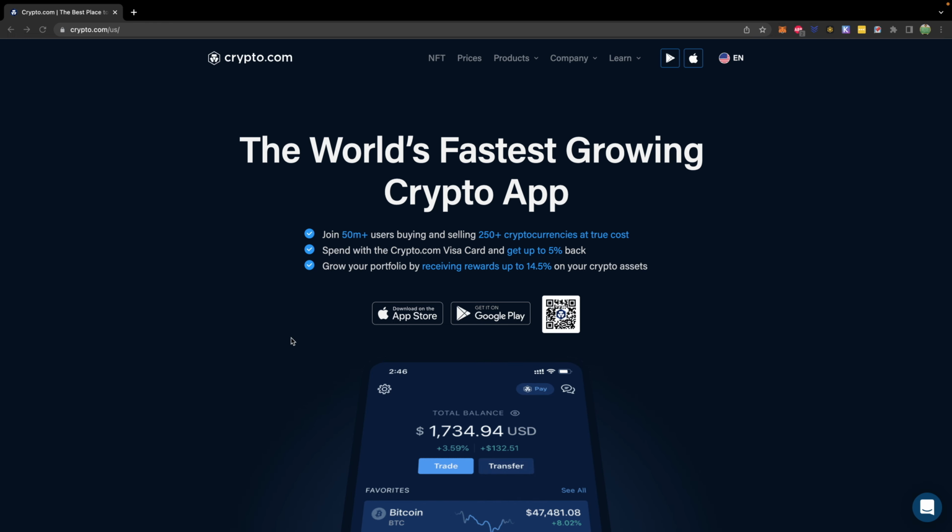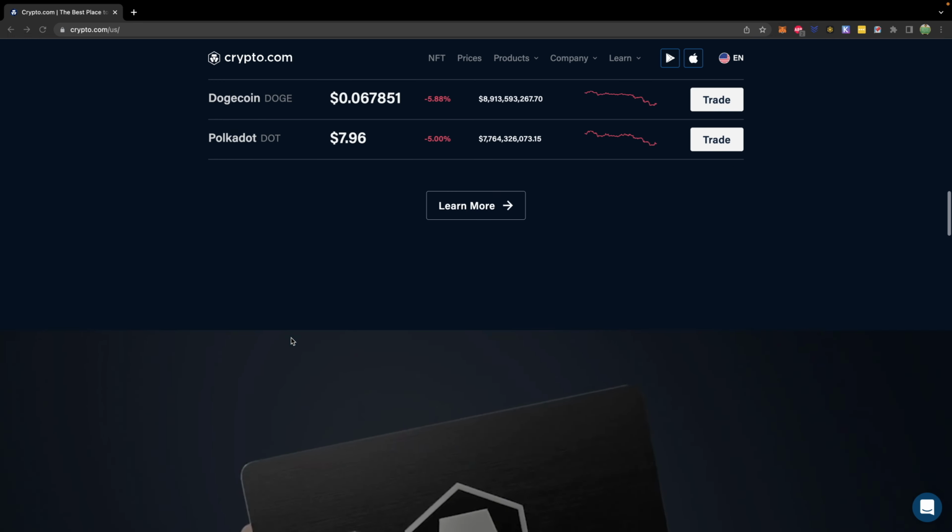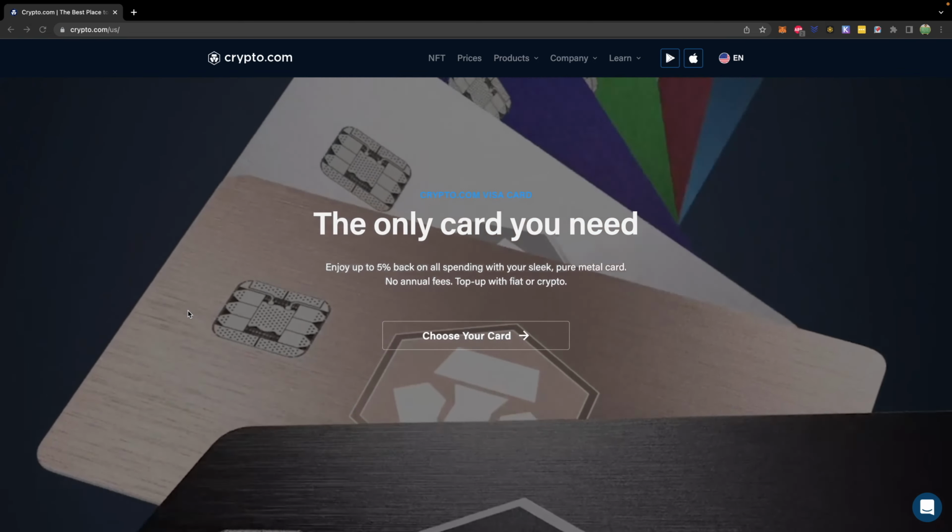It's mainly an app to buy and sell cryptocurrencies and use a Crypto.com debit card to get cashback rewards in